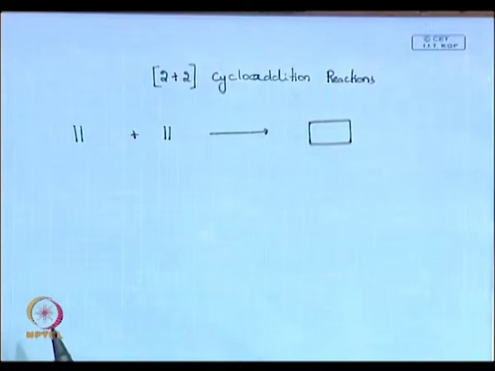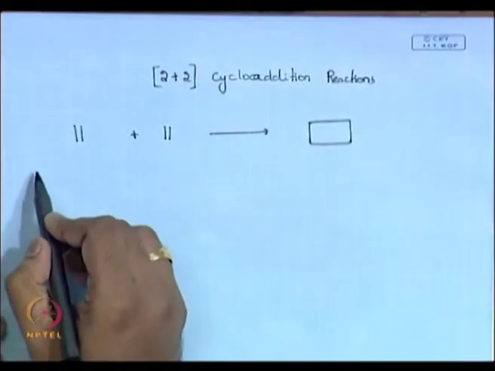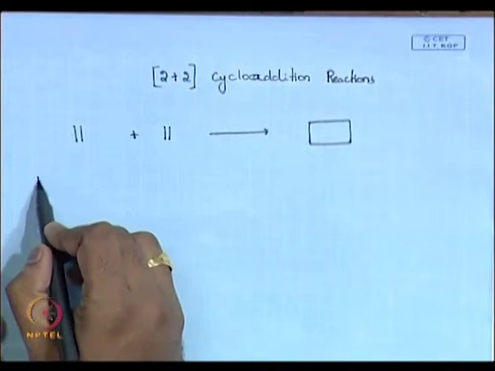If it is allowed, then what happens, whether it is suprafacial cycloaddition or antarafacial, whether it is pi 2s plus pi 2s or pi 2s plus pi 2a. In photochemical activation, what will occur? So, first we will try to understand that, then we will go and see the examples. So, we will say in heating,